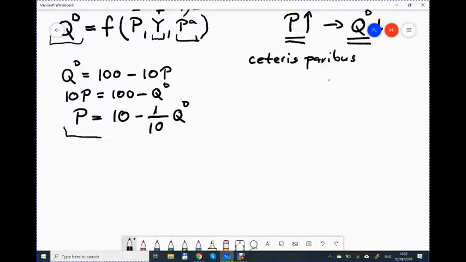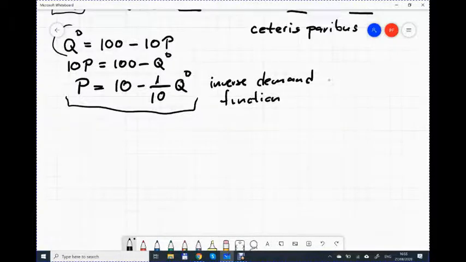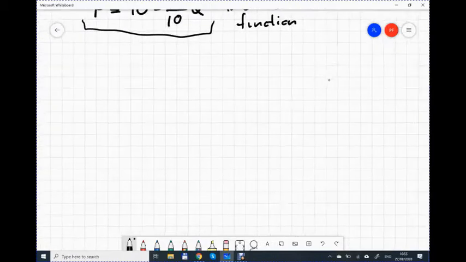This here is going to be an inverse demand function. And this is important because the tradition in economics is that the graph is going to depict the inverse demand function and not the normal demand function, which we discussed here. So, how would this look